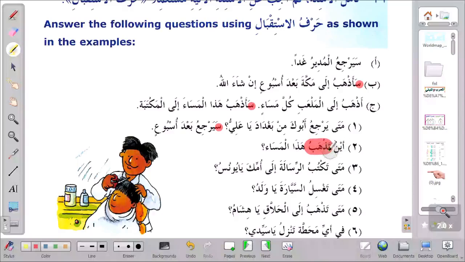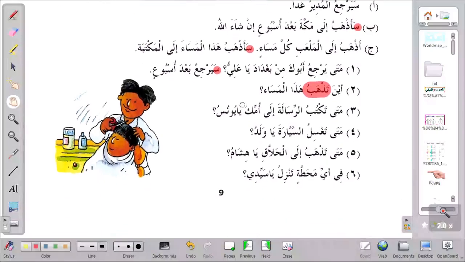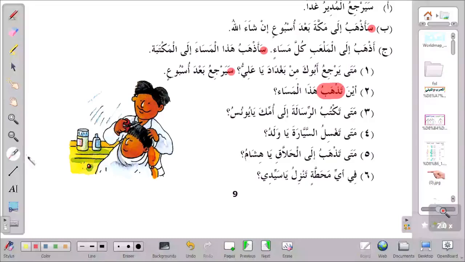So, present tense verb and future in Arabic are sometimes used interchangeably. As I said, sometimes we add the sin to prevent confusion, but sometimes even if they don't add it, the context will tell you that it is future tense. So